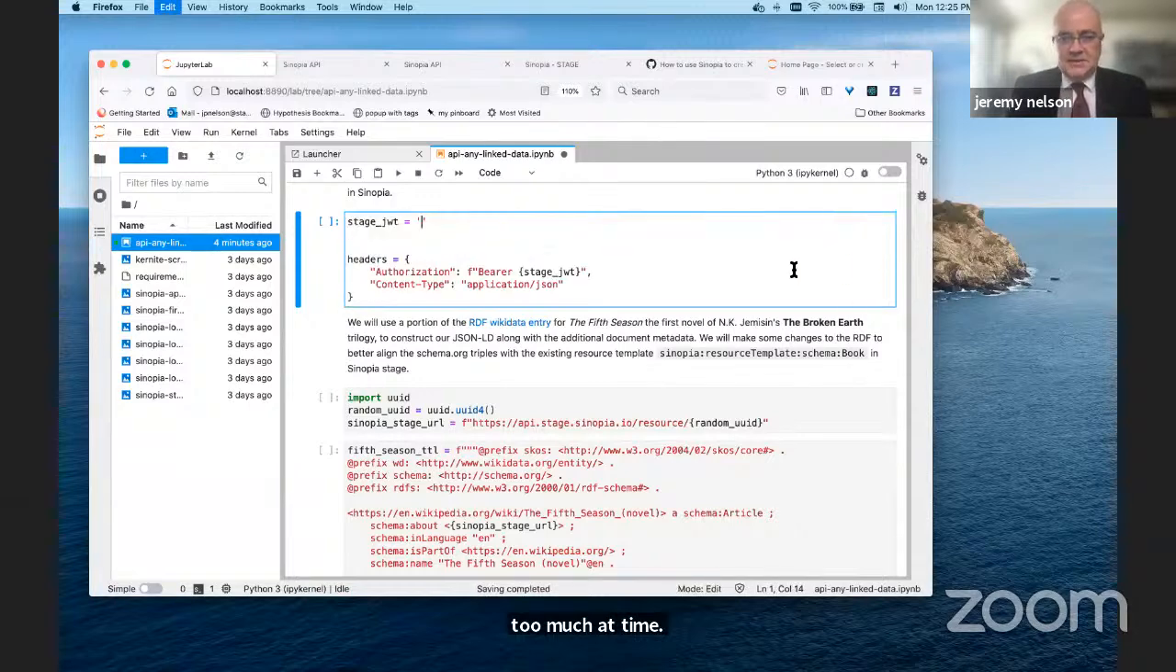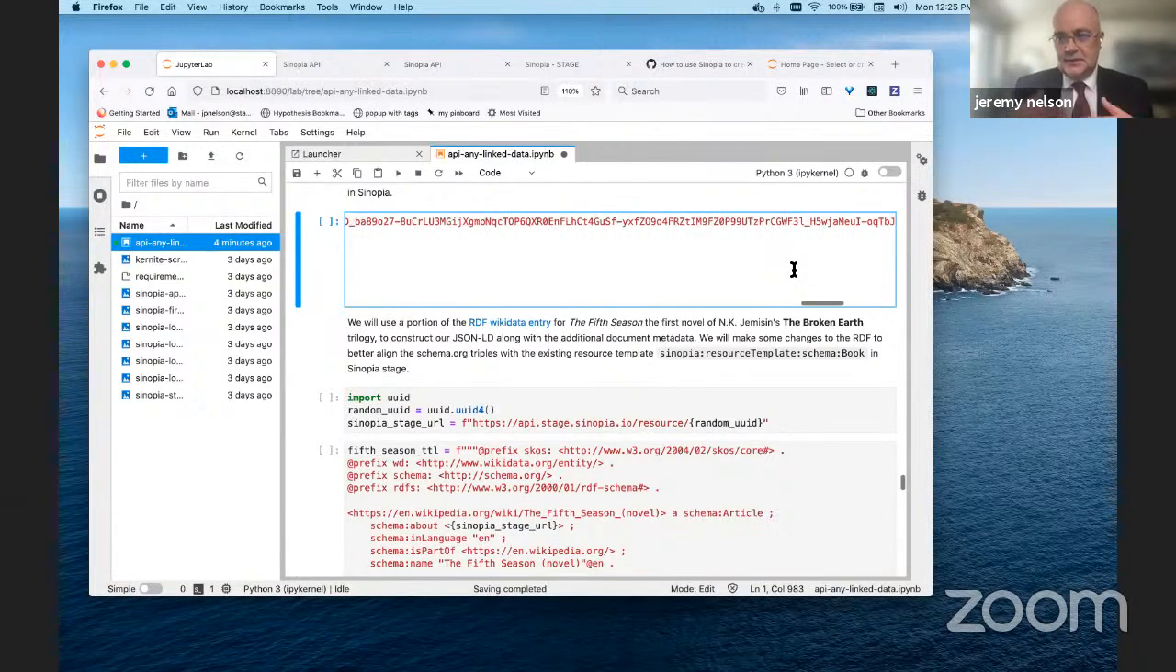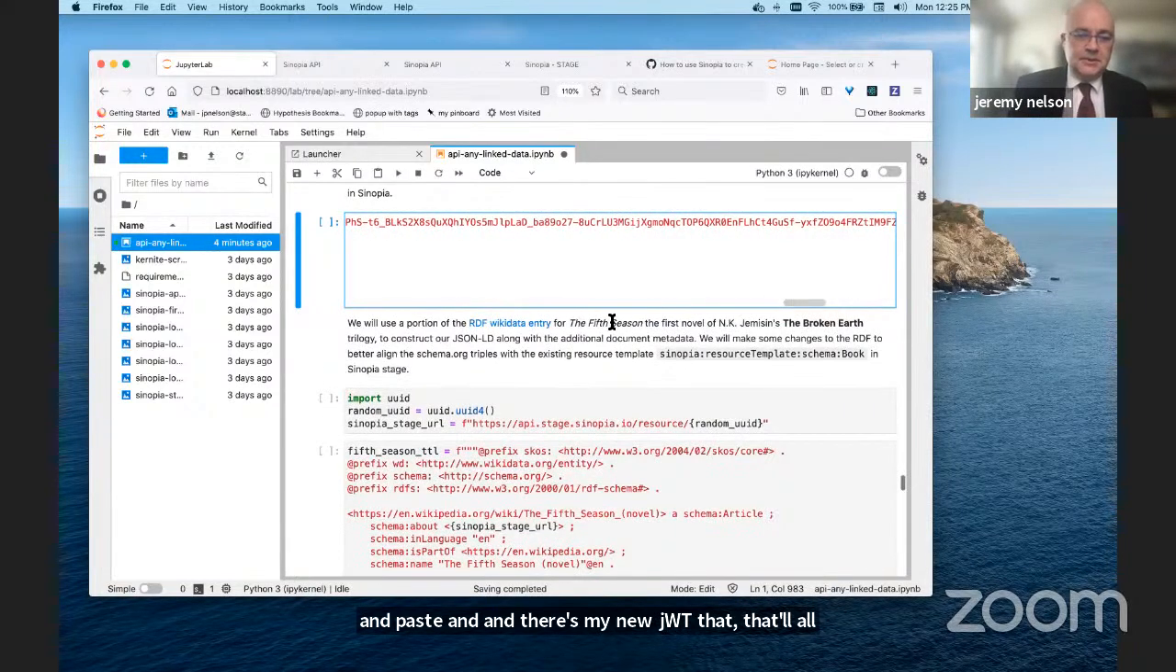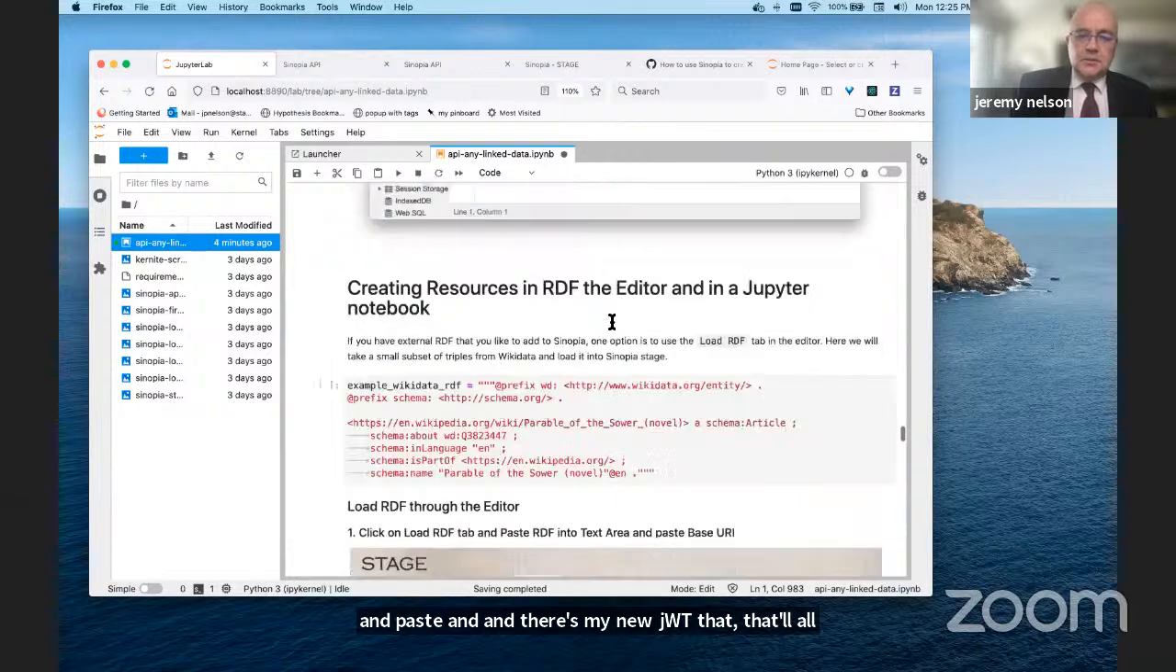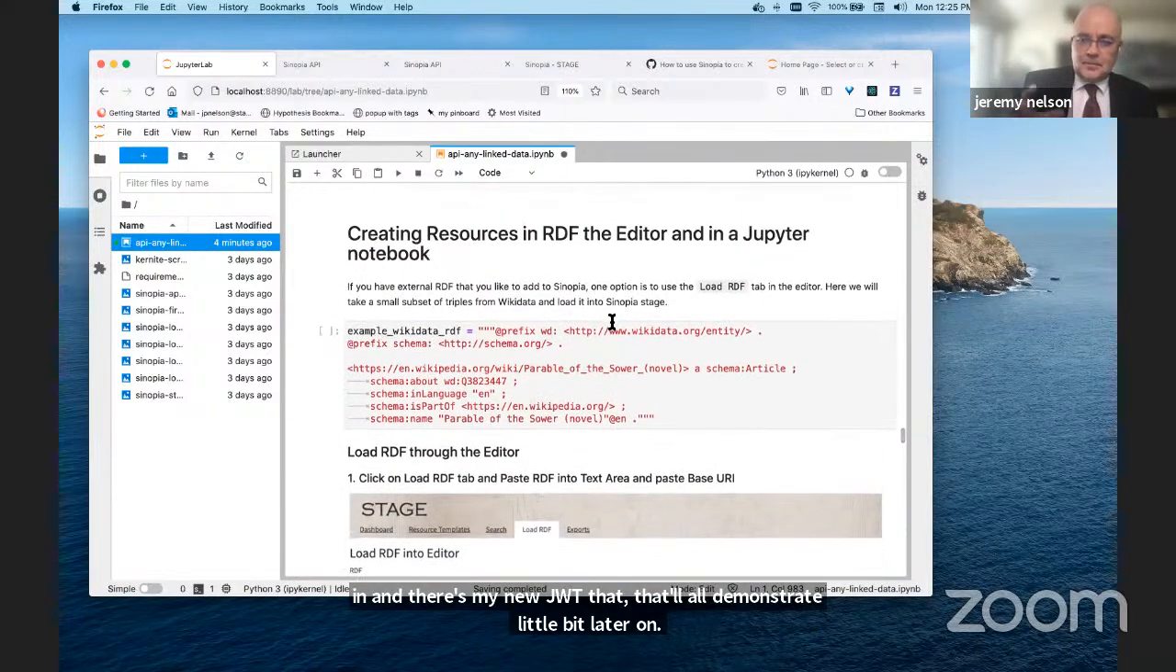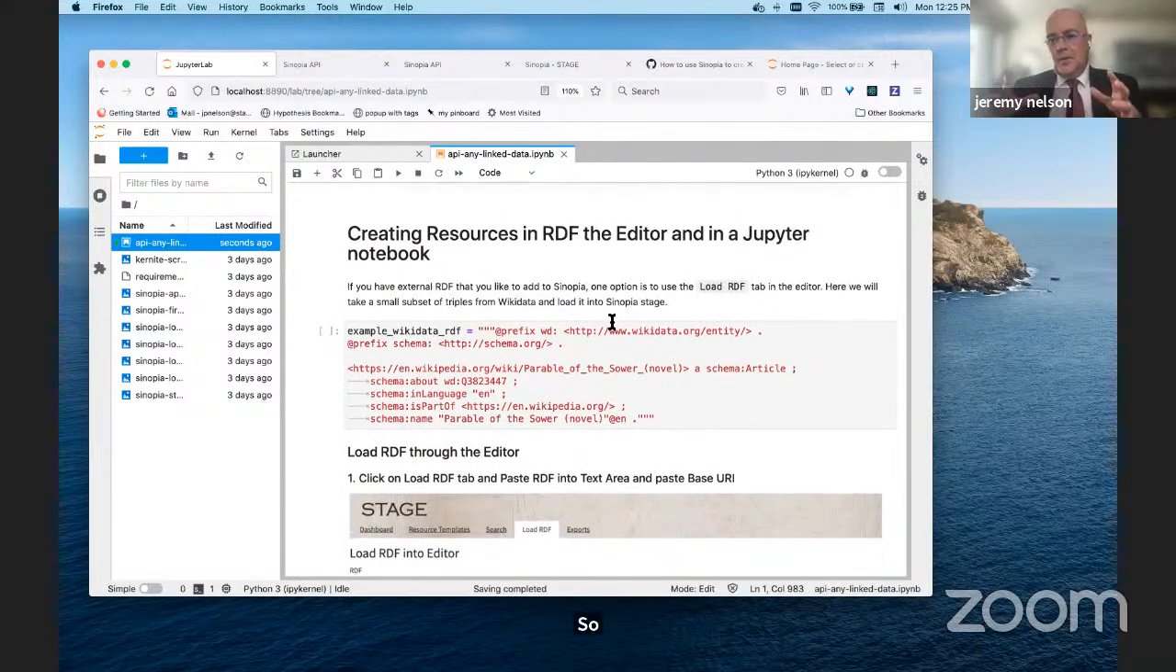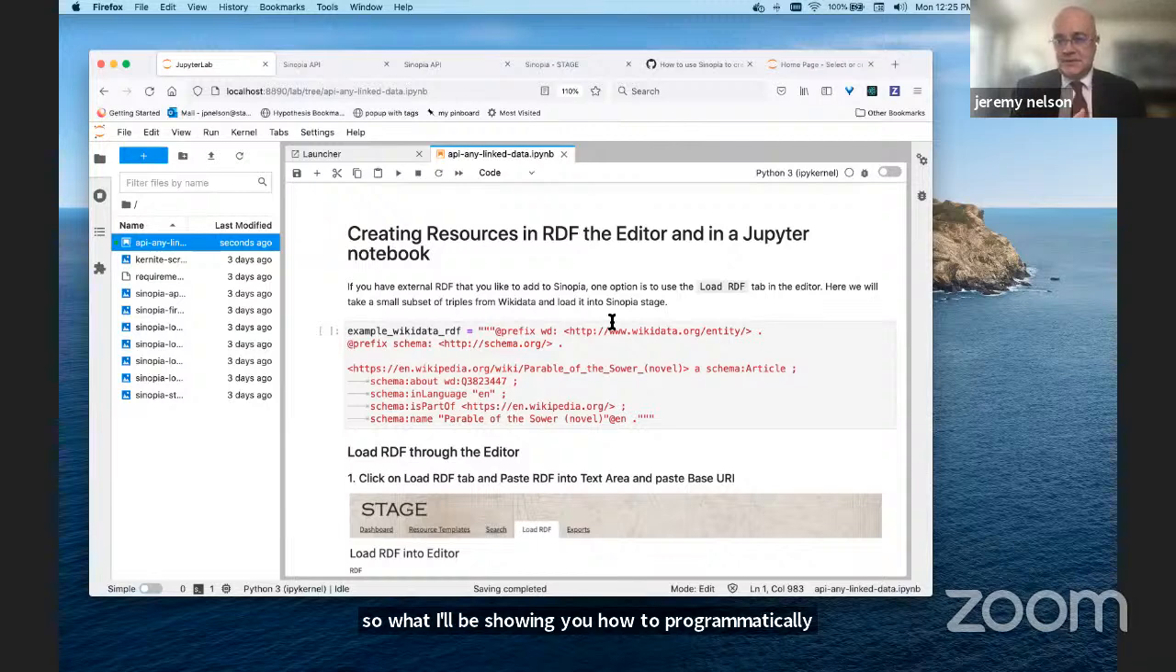That, and paste in, and there's my new JWT that I'll demonstrate a little bit later on. I'll be showing you how to programmatically create new resources within Sinopia, but I want to show first that there is a way, if you have arbitrary RDF, that you can use to import into Sinopia through the user interface,